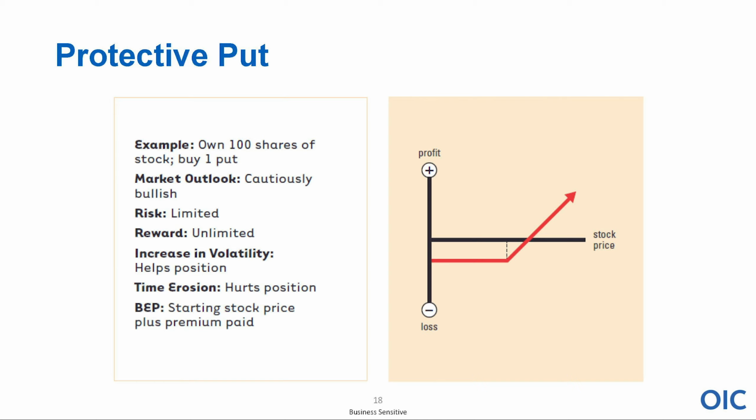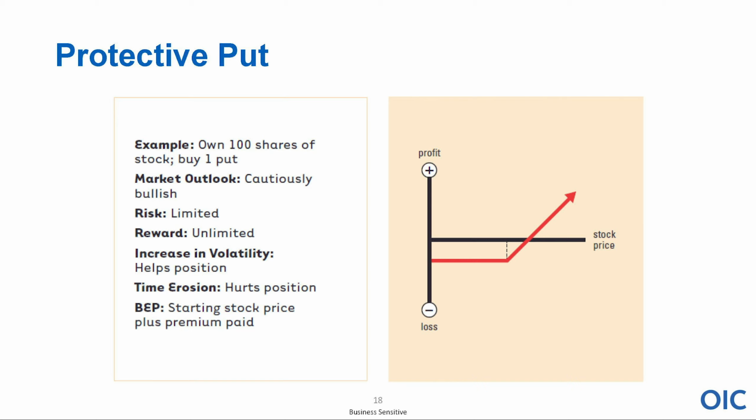I have the right to sell it at 80. I paid $2 for that right. Okay, it's now worth 8, right? What did I lose? Well, I own the stock, right? I lose $2 on the put, but remember, $1 of it is intrinsic value, right? So I lose $1 on the way down. I own the stock, and I have insurance.